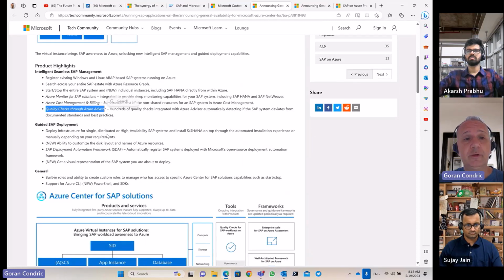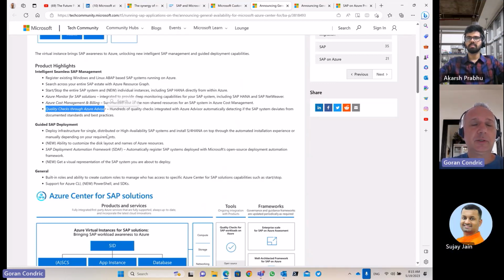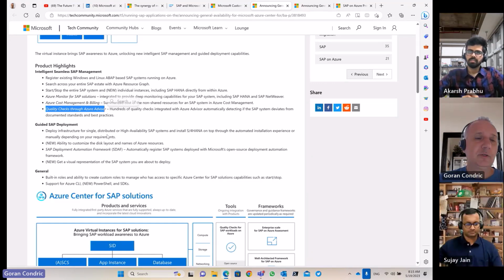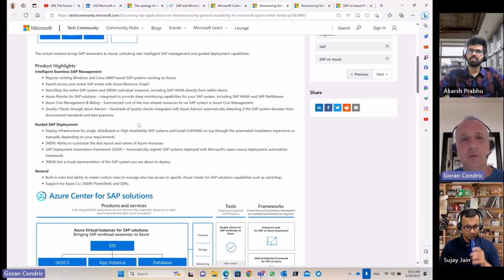Super useful, very, very quality checks through Azure Advisor. It will check for really hundreds of quality checks and best practices. Extremely important. I mean, those quality checks or best practices are really huge in number. It's an extreme challenge for the customers and partners to follow up with all of them. They're continuously changing. So basically, you have this functionality out of the box, which really tells you this is right and wrong, because I've seen many problems and challenges, most of them are actually coming from the fact that some of those best practices are not implemented.